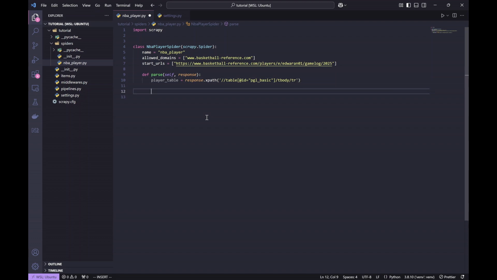So now that we have the player table, and we know based off of the output, it's going to be an array of rows. So let's just go through our table and let's extract the date and the points. So just create a simple for loop, and we're going to use, oh, my mistake. We are going to use a for loop. We're going to use yield,